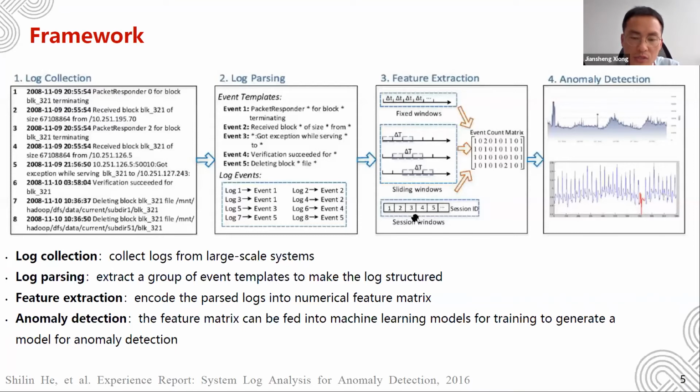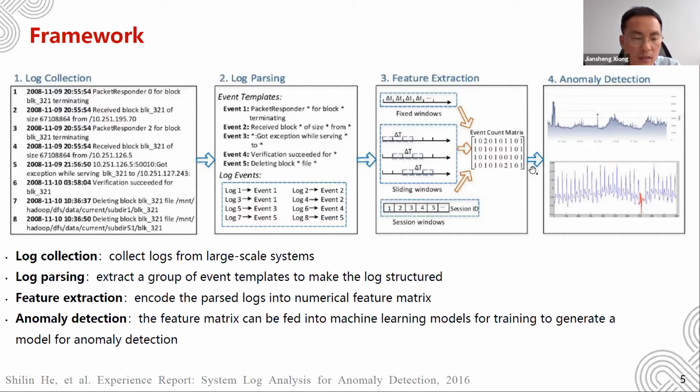Then for each log sequence, we generate a feature vector, which represents the occurrence number of each event. Our feature vectors can form a feature matrix, the event count matrix.